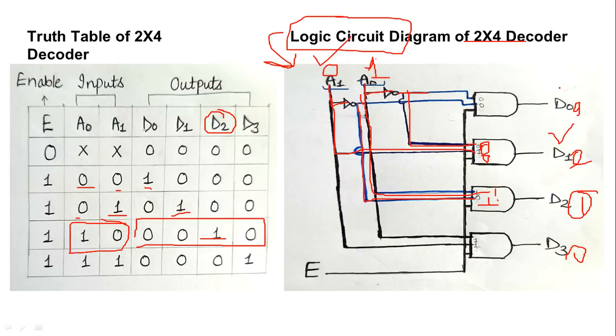If I have to cross verify D0, this D0 is coming from here. This is 1, it is getting complemented here becoming 0. Same is the case for the other input: this is 0, it is getting complemented and becoming 1. 0 AND 1 is again 0. Same will be the case for the other gate because it is the alternate value. So definitely I am going to get 0 in one part of the input, so it will lead me to the proper functionality. So this is how the logic circuit diagram of the 2 cross 4 decoder actually works.